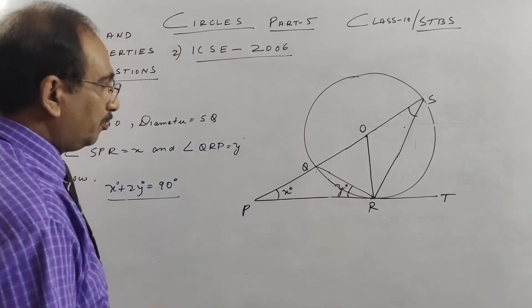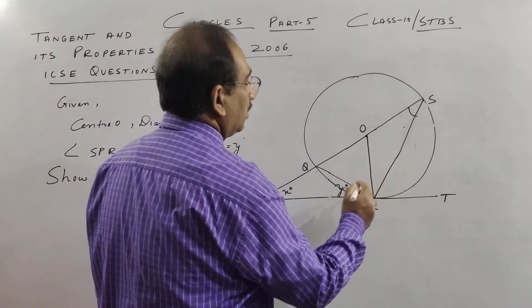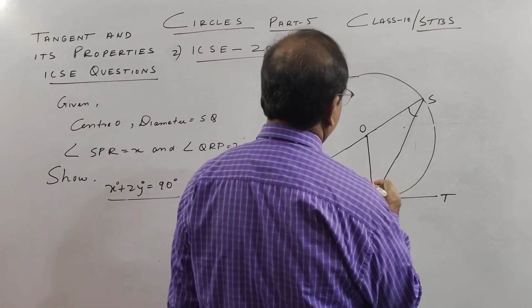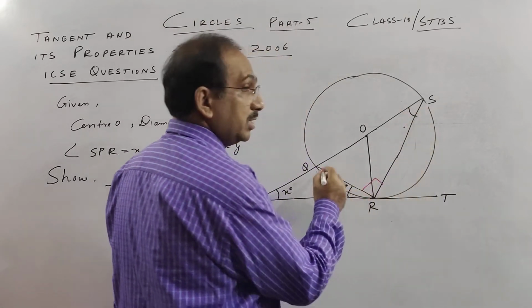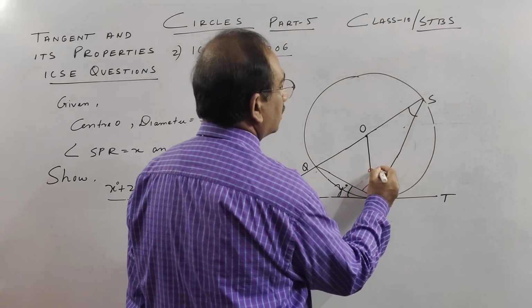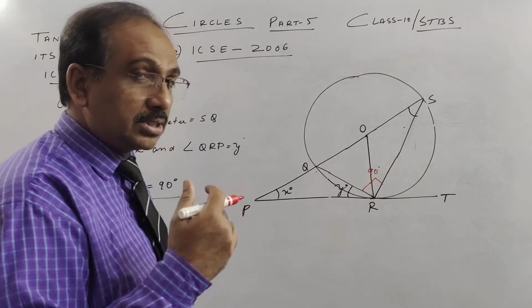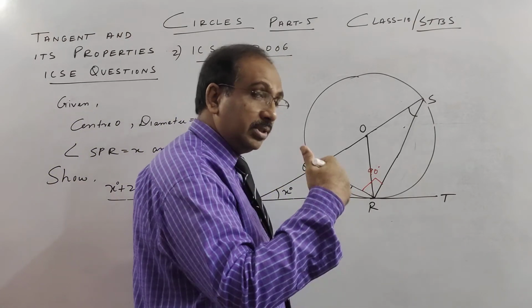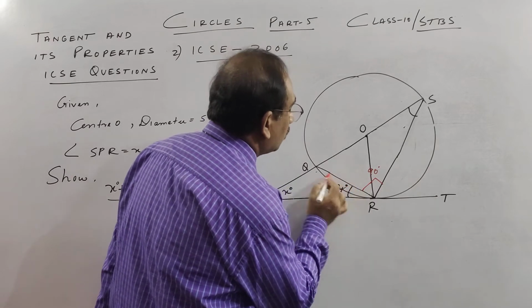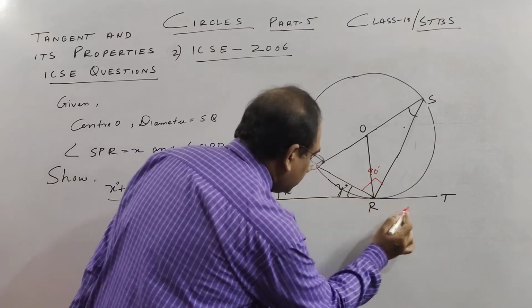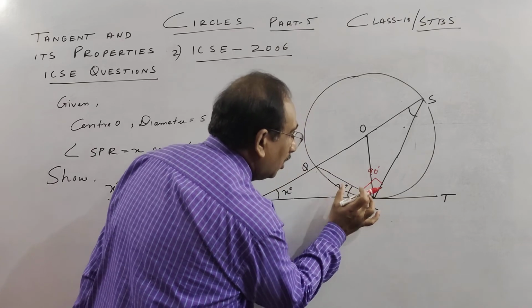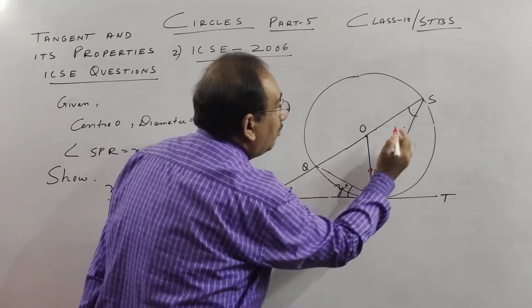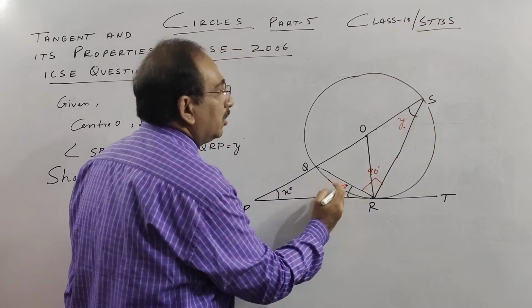Let us see one very important thing here. Since this is a diameter, this angle becomes 90 degree, children. Angle in a semicircle. Remember, an angle in a semicircle is 90 degree. Another thing coming is the alternate segment, a very important theorem which is still in the ICSE syllabus. See this chord with the tangent. This is in the minor segment. So any angle made by this chord will be equal in the major segment, the alternate segment.